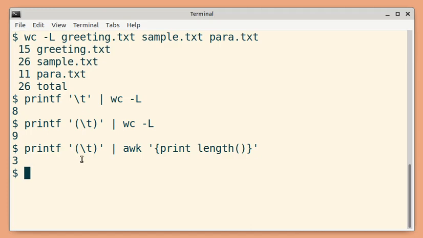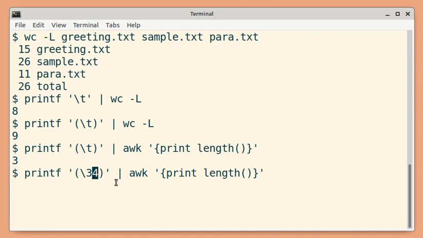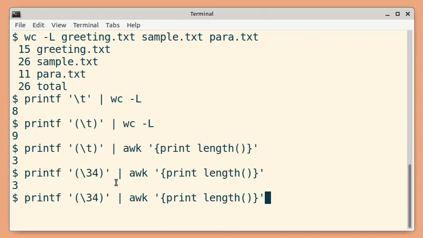Next, the non-printable characters are not even counted. For example, the \34 is a non-printable character. If you use awk, it will still count this character, so you will get the output as 3. But if you use the uppercase L option, you will get only 2 as the output because this character is